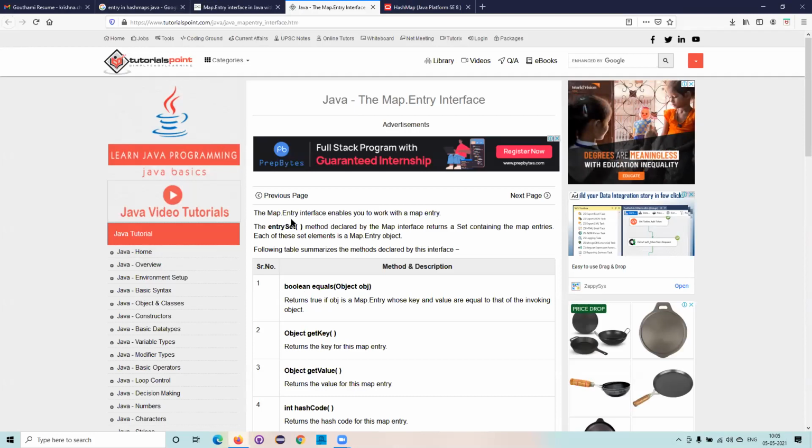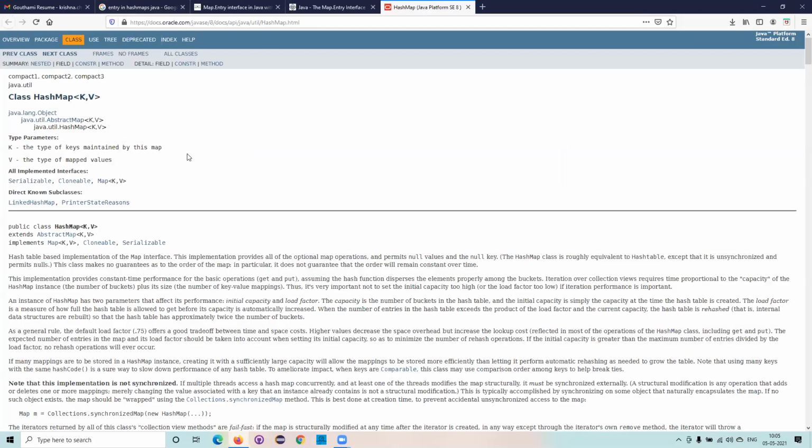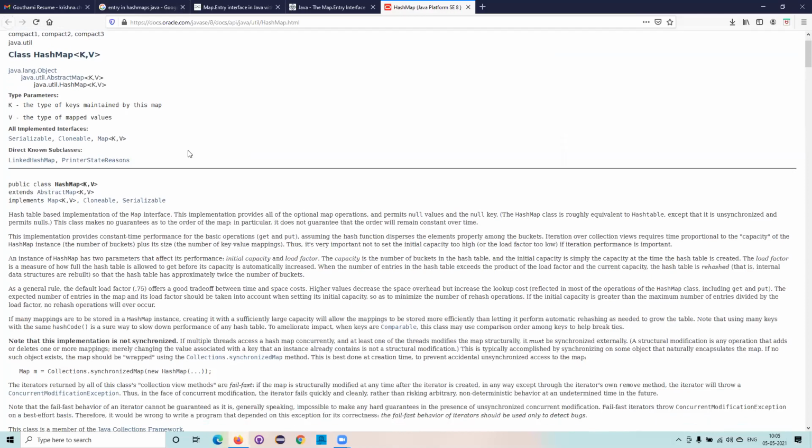The first thing you need to understand is that the Map.Entry we are talking about is an interface of Map, as I told you. Let's see the documentation and then we'll try to understand this.